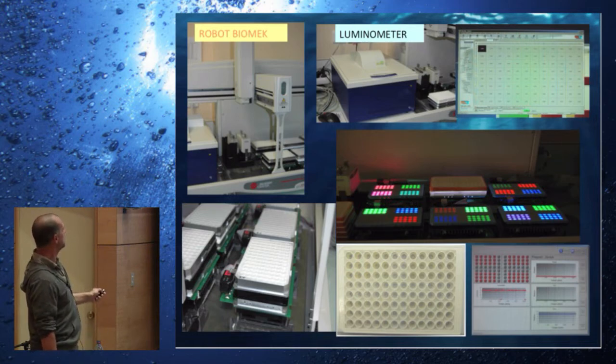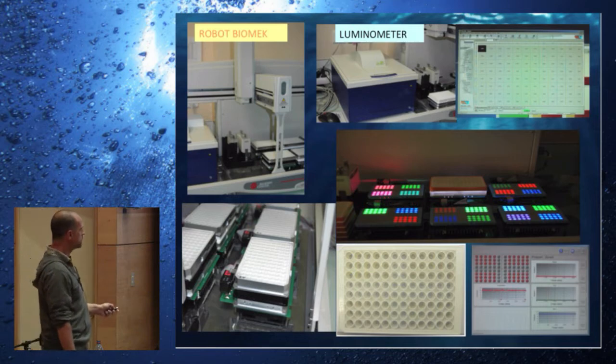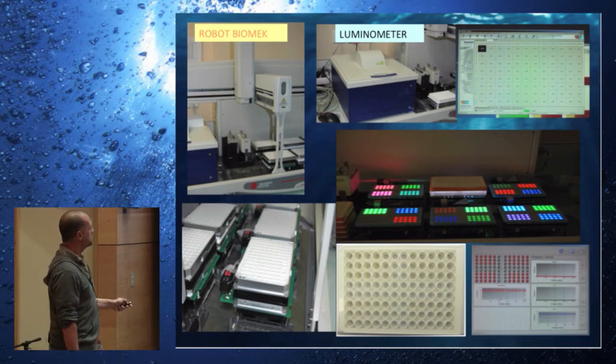So we have a robot now. We can handle 6 plates, which is the equivalent of 6 luminometers. And of course, because we play with photosynthetic cells, we want to be able to give them some light. So we have also designed a special setup so that we can give them light from underneath, and then the